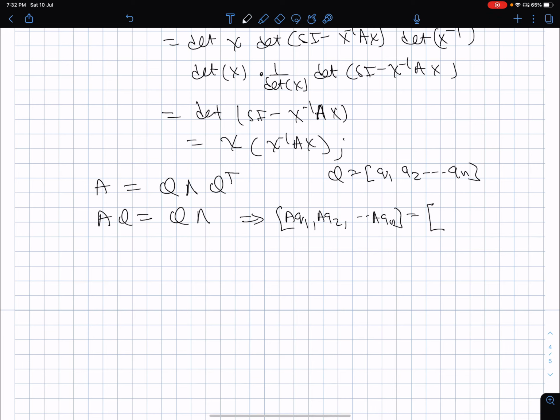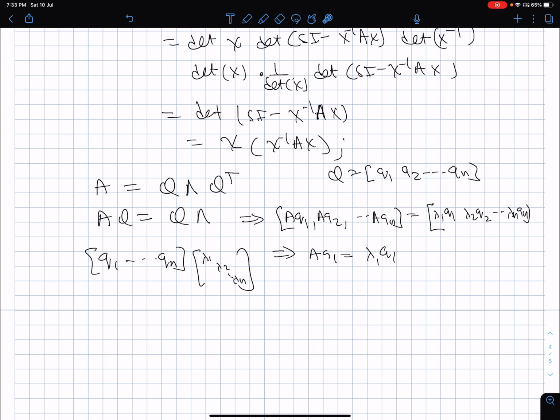is same as, this is again post-multiplying, the Q matrix written as a collection of n columns Q1, Q2 to Qn times the diagonals lambda 1 to lambda n, and when you expand this it is nothing but lambda 1 Q1, lambda 2 Q2 and so on up to lambda n Qn, which means that if you equate this column to this column, you will get AQ1 is equal to lambda 1 Q1, and similarly AQ2 will be equal to lambda 2 Q2, equating the second column on the left hand side matrix with the second column of the right hand side matrix, and so on up to the last one where AQn is equal to lambda n Qn, which basically means that